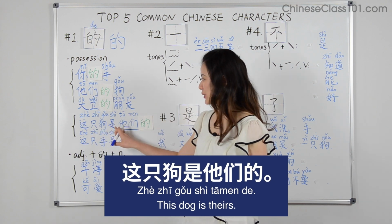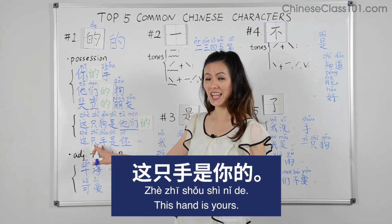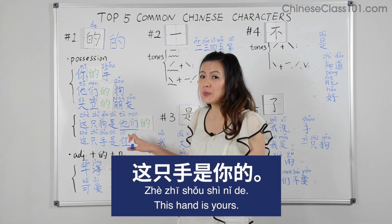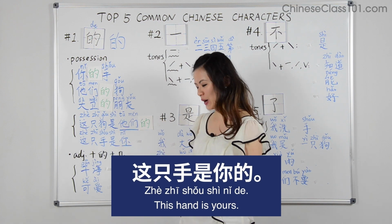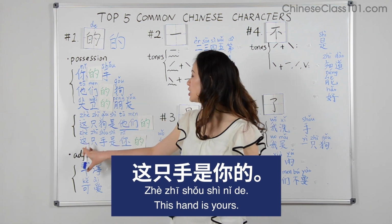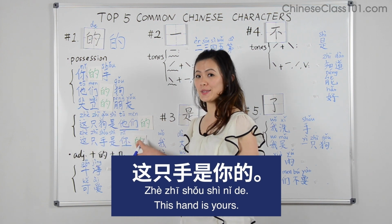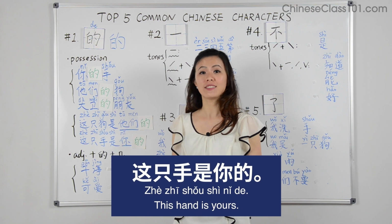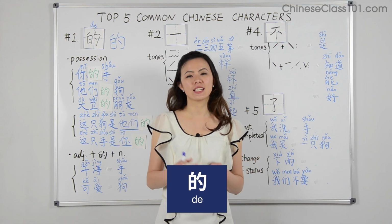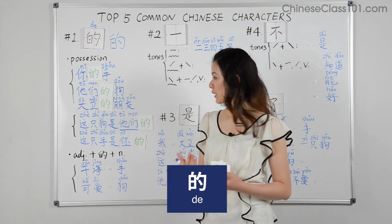Okay, 这只狗是他们的。And next sentence. 这只手 this hand 是 is 你 you. This hand is you. Doesn't make much sense. So how about we put a 的 after 你. It becomes 这只手是你的 This hand is yours. 这只手是你的 A second common use of the 的 is that it is used after adjectives to modify nouns,